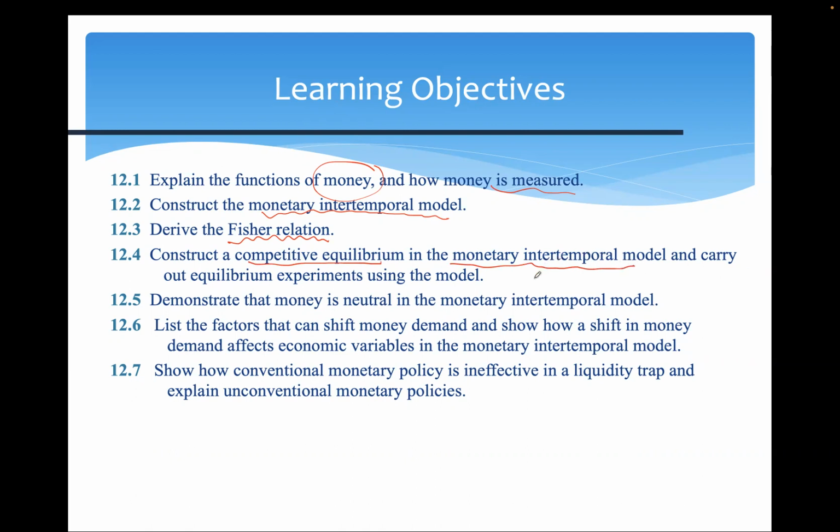intertemporal choice, right? Then we are going to use our model to understand some experiments or policy changes. Say, for example, if suddenly there is more money flowing in the economy, what's going to happen? From these experiments, we're going to see money is neutral, meaning money is going to have no impact on the real economy, right? Then we're going to look at what factors can cause the money demand to shift and how a shift in the money supply or demand is going to affect economic variables